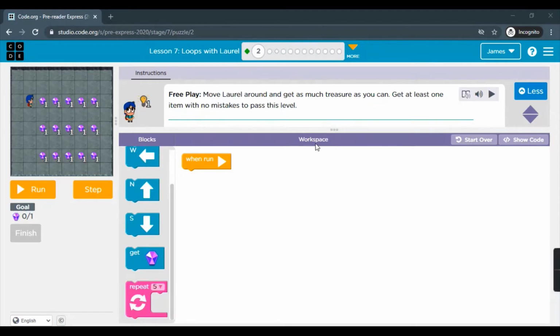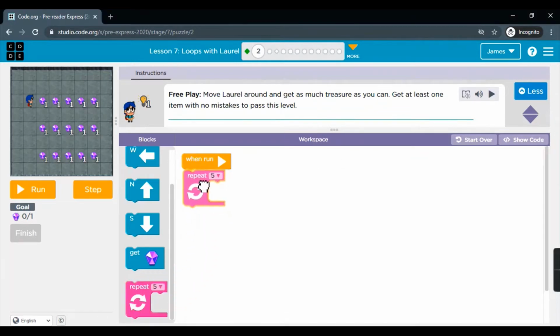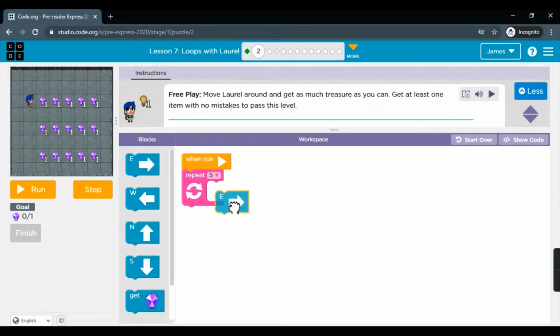There is no upper limit for this specific puzzle, but I'll insist on using the repeat block. So first it will step east. Let's count 1, 2, 3, 4, 5 times.